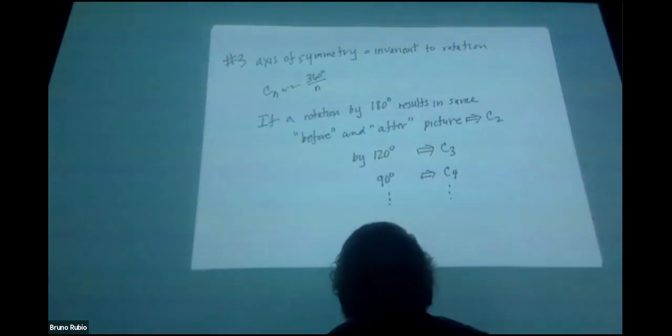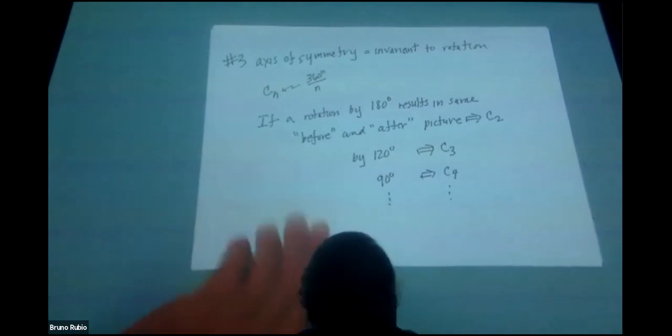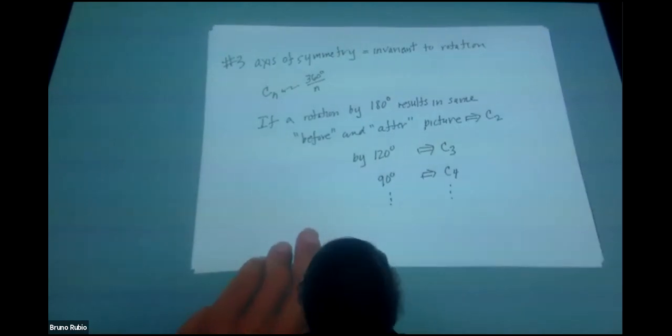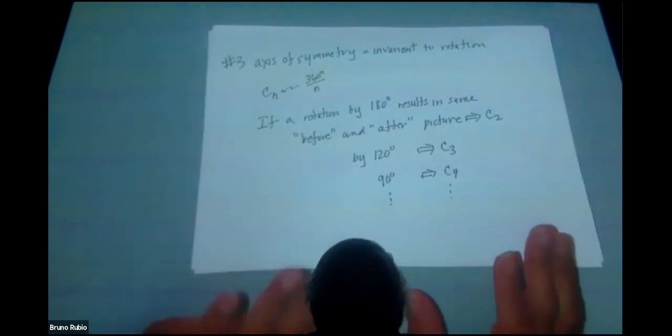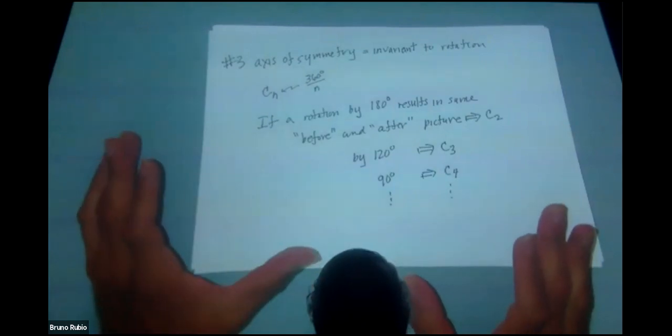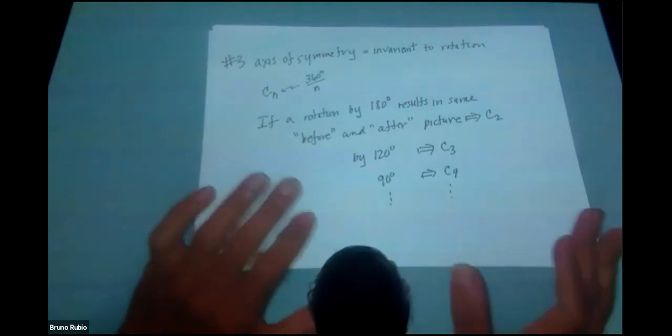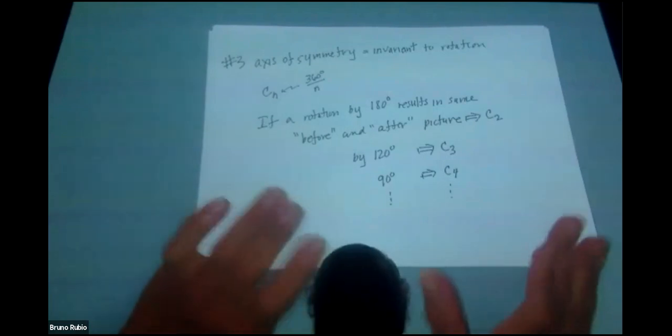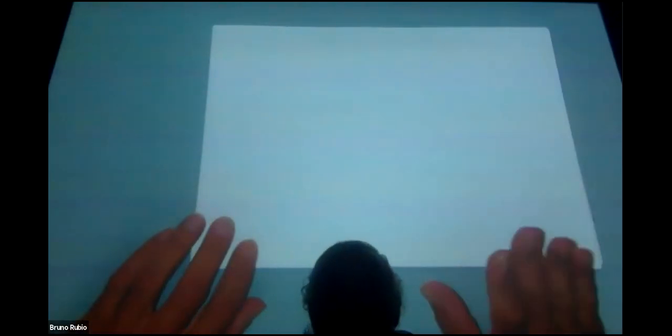Okay, so that's the axis of symmetry. And again, just to repeat, the presence of an axis of symmetry has no bearing on chirality, but we need to talk about all of these symmetry elements now anyway. Okay, so we have the symmetry operations under our belt, and now let's look at a bunch of examples,